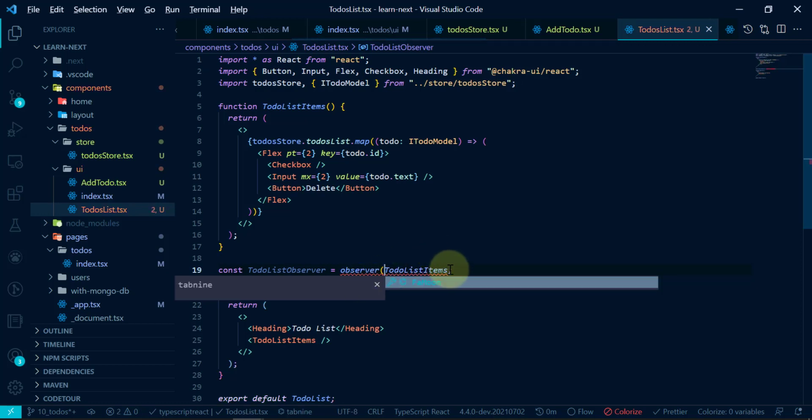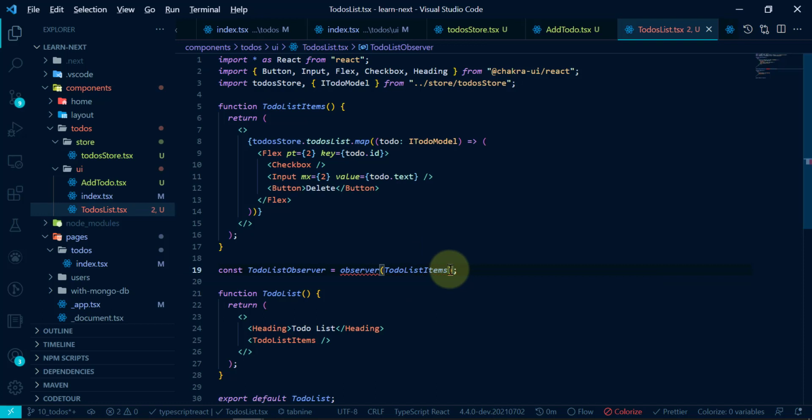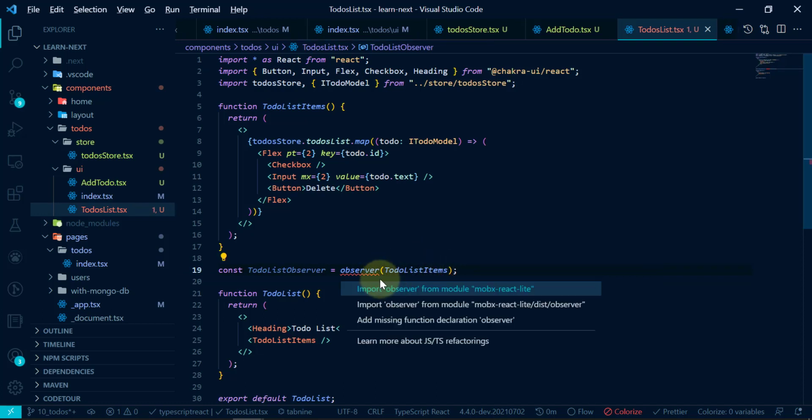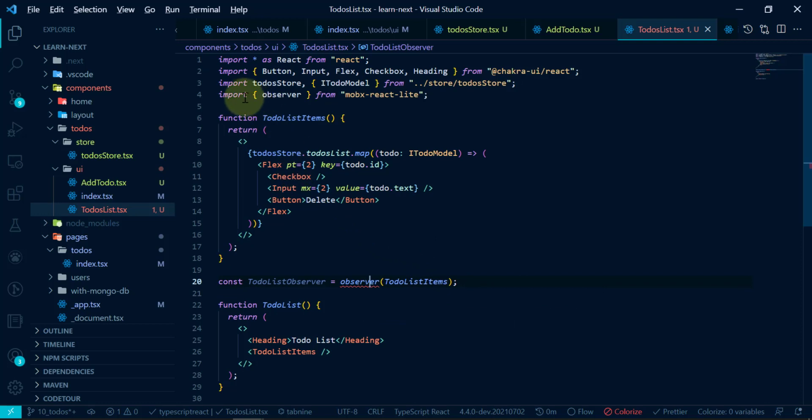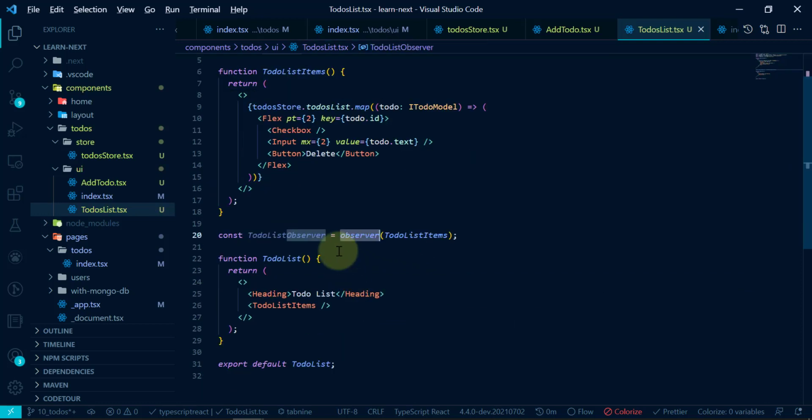What it will do is make this TodoListItem observable. We'll use this import observer from mobx-react-lite. You will see we have it here, and be careful that observer should start with a small o, and instead of this here we will return our observable todo list.